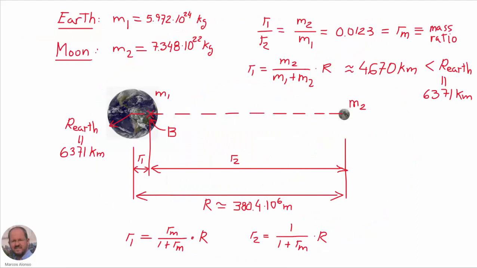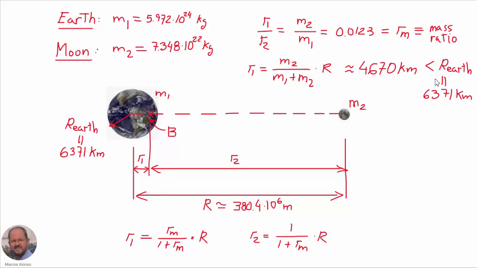So now we are ready to investigate the Earth-Moon system. Let's start by calculating the position of the barycenter. We know the mass of the Earth and the mass of the Moon. So from the equations that we have seen before, we can calculate the distance R1 from the center of the Earth to the barycenter B, and we obtain this value here,